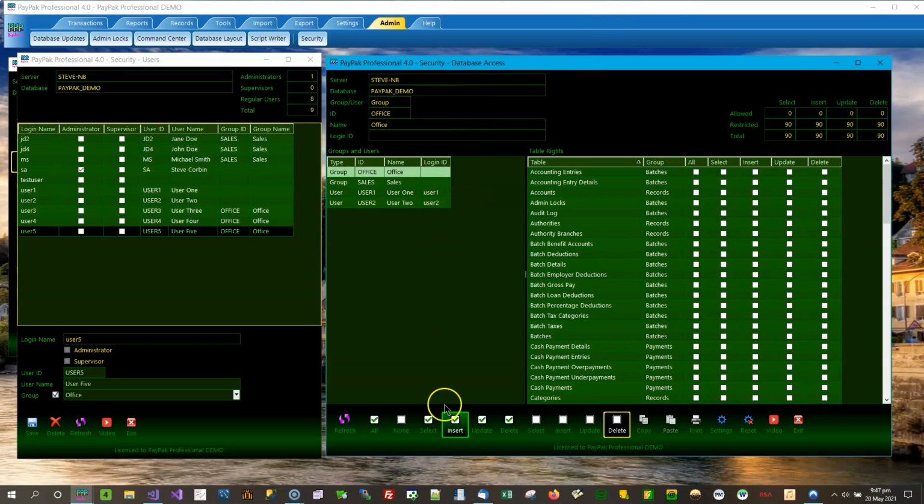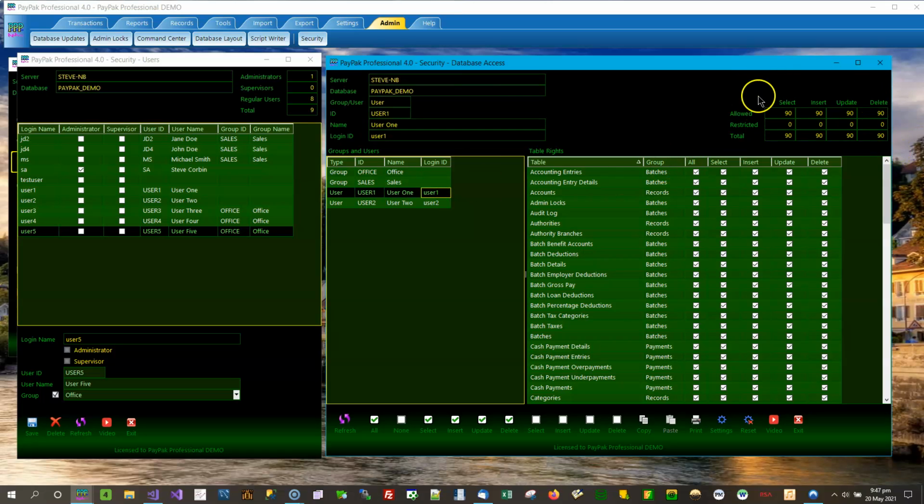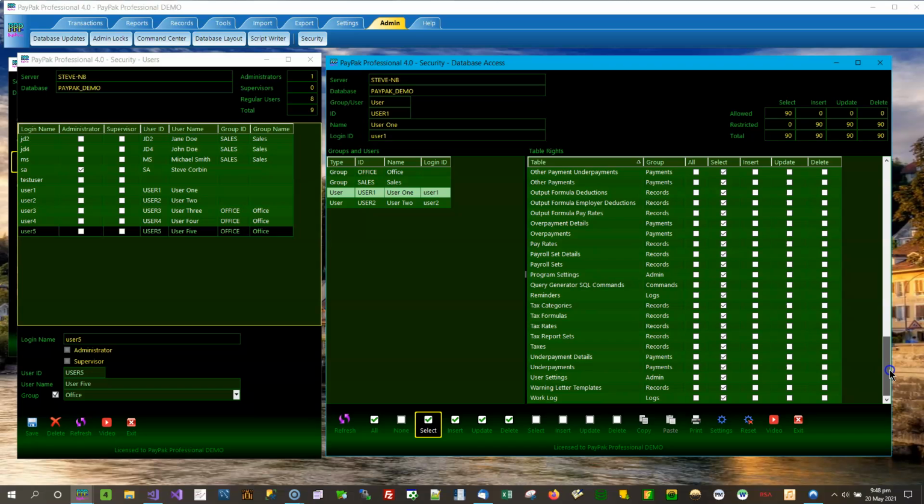I'll just turn these ones back on before I forget to reset them. If you have 2 users here, remember, users have to be set individually. We recommend that everyone is turned on. But if for whatever reason you had, say, 2 auditors and they were set up individually, not as groups, but as users only, and you give this user one only select rights, but you did not want them going into certain other tables. Let's say you didn't want them seeing this fellow here